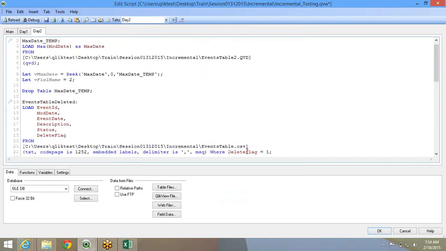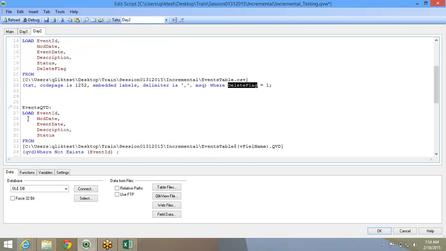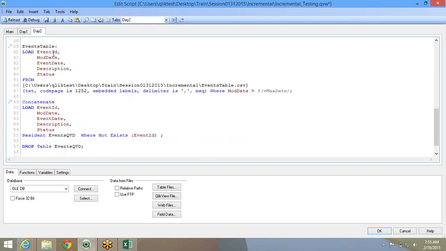So if you see, first what I'm doing is I'm loading all the deleted records. The records which are flagged as deleted, I've loaded that. Using that, I got, okay, these are my, from the events existing QED, I'm getting the records, eliminating the deleted records. Now, again in the events table, I'm loading it from the data source. I'm loading all the data that is modified. Now, I will get even the deleted records. When a deleted flag is created, a modified date is created. So it is okay. I will get the deleted records here. It doesn't matter to me.